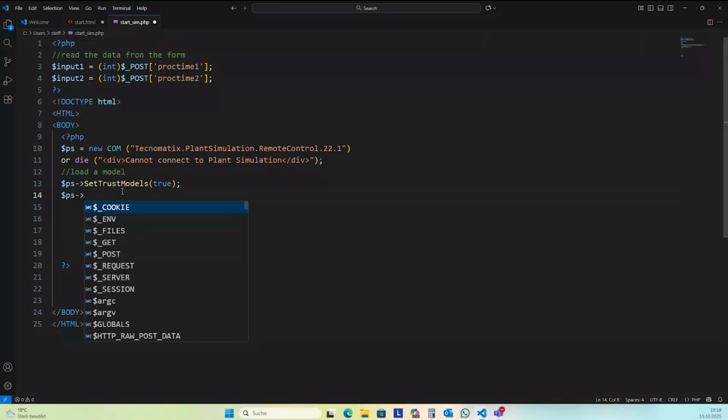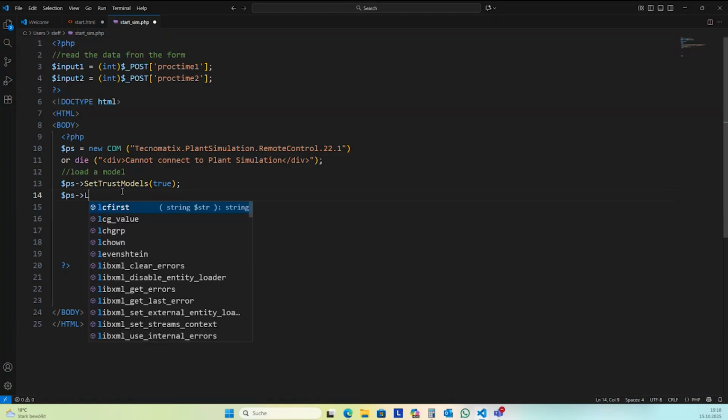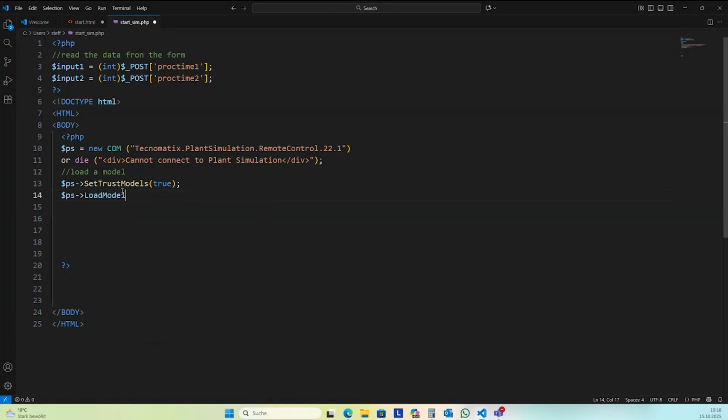Minus greater than, this is the operator for accessing attributes and methods of a class in PHP. LoadModel, and I need to specify the address of my model at the server.